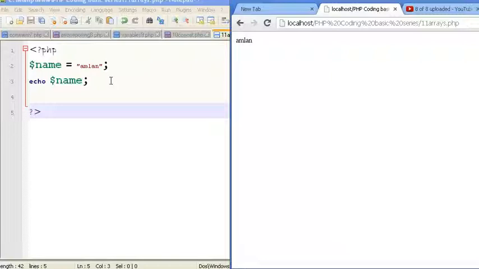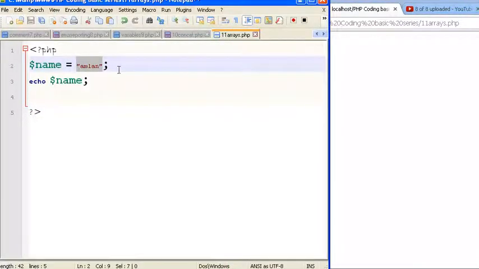But there may be a time when you may be asked to store multiple values inside your variable. Here we have stored a single value inside the name variable, but we are not in a position to store more than this single value. Say I had a group of 4 of my best friends, and I wanted to store them. So how do I do that? That is when I need to make this variable an array variable, and it's very simple. I simply write array, and I have these parentheses, or rounded brackets, whatever you may call them, and inside the rounded brackets I then have my